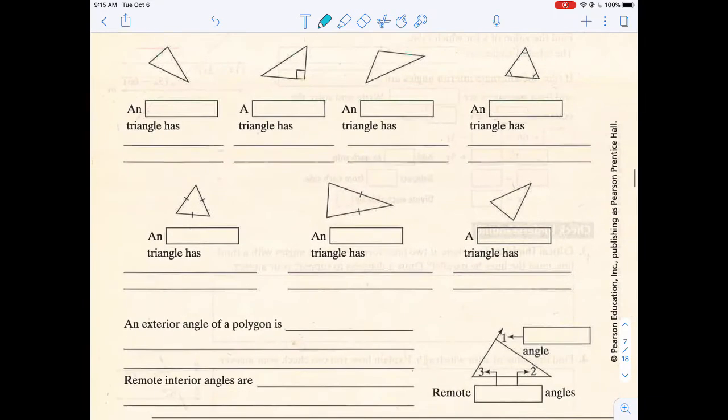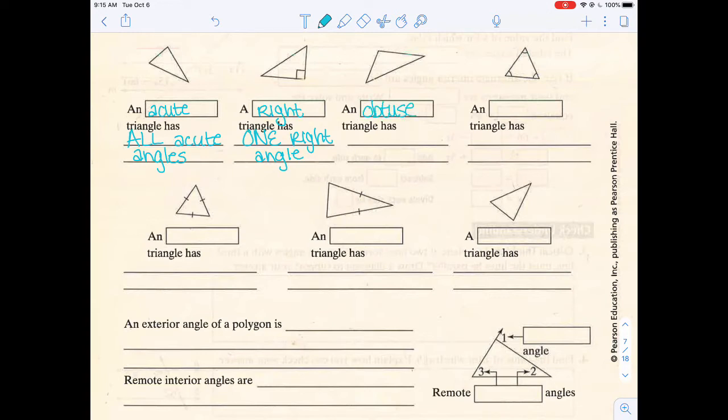Okay, then we're going to look at the different types of triangles. First, we've got an acute triangle. An acute triangle has all acute angles. All of them have to be smaller than 90. Then we have a right triangle. A right triangle has one right angle. And then we have an obtuse triangle, which has one